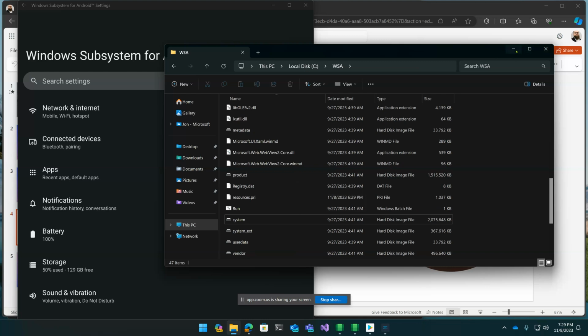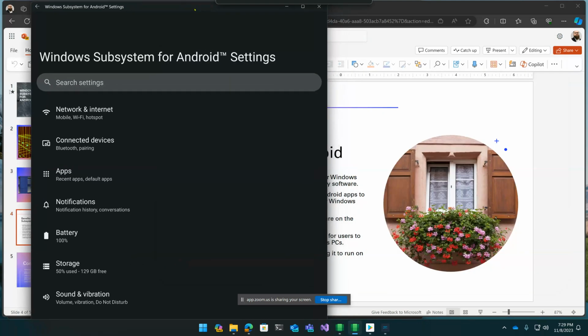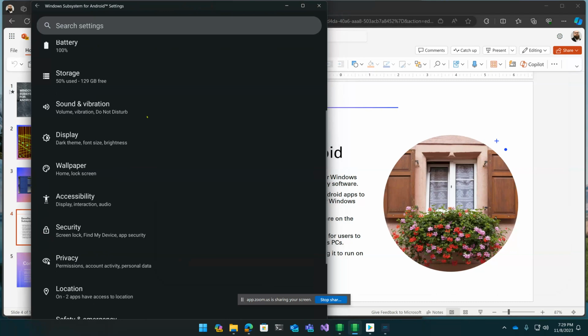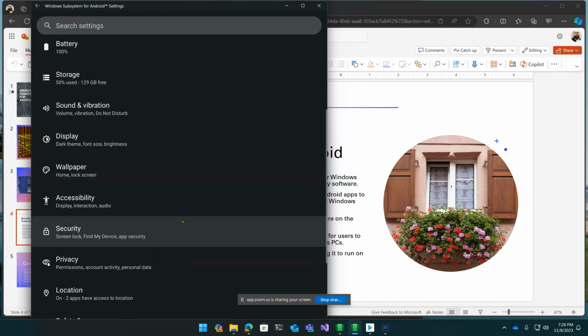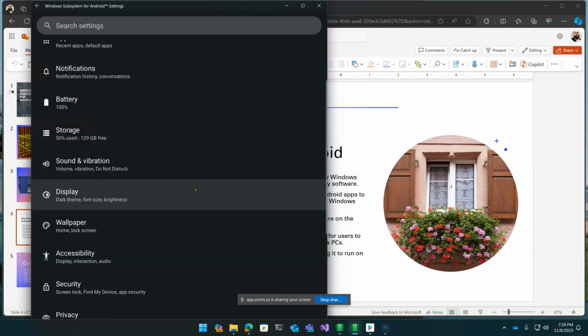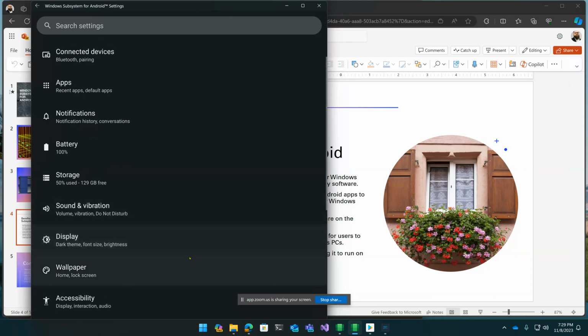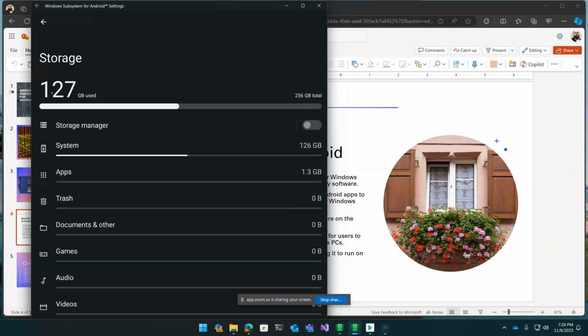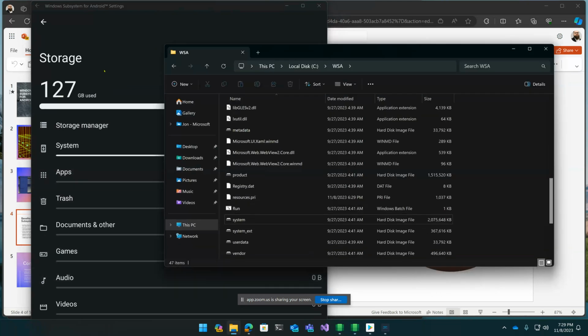If you're familiar with the Android look and feel, this probably looks familiar to you. I'm not using a touchscreen, but it has the normal touch interface look and feel to it. This is the size of the VHD that you can see here.